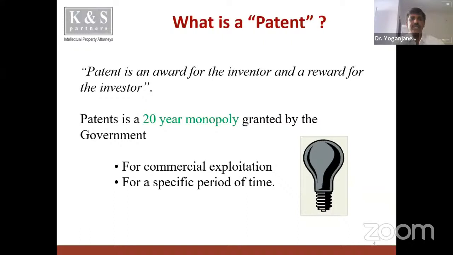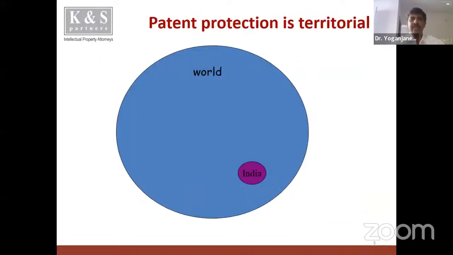So because of these issues, this patent gives a protection for the innovator, so that for 20 years only he can enjoy the monopoly, and no other person can copy it and commercialize it. So in that way, the innovator will be rewarded. This is actually for a specific period of time. So after 20 years, the patent will expire. Then anybody can work on that innovation. Okay. So moving on to the next slide.